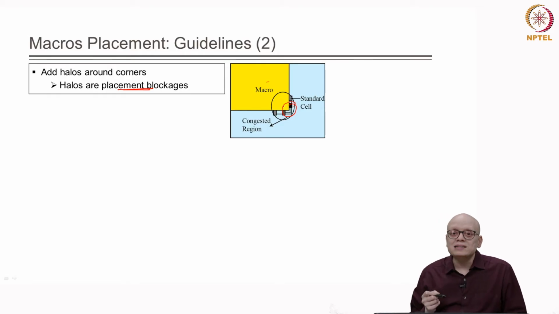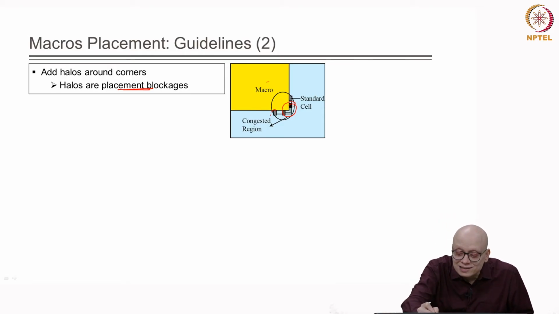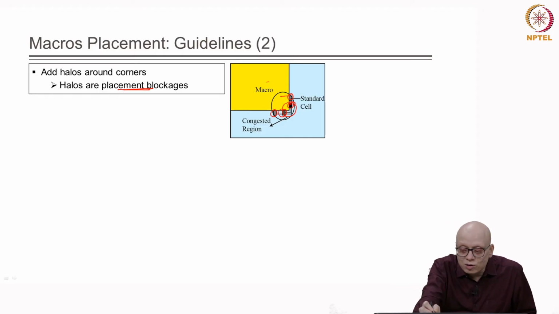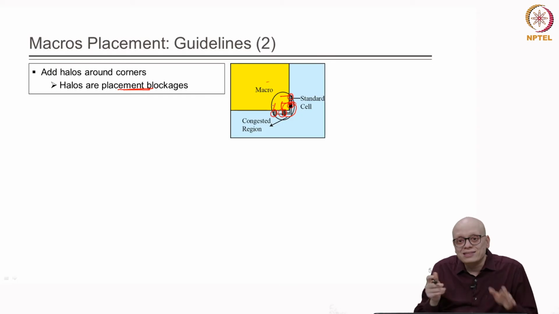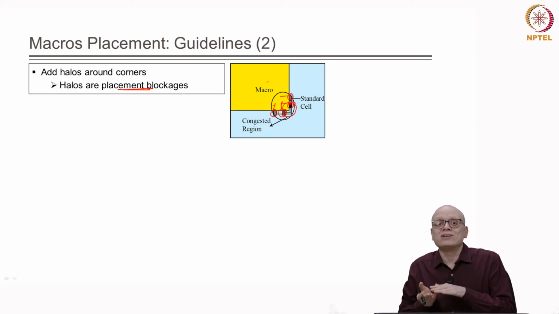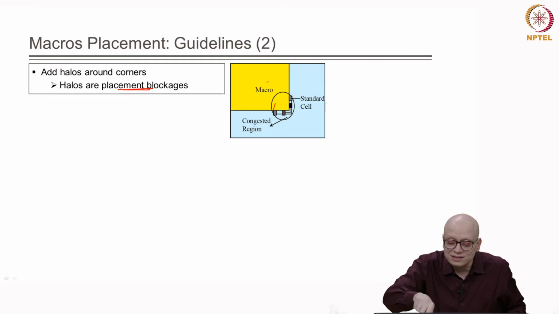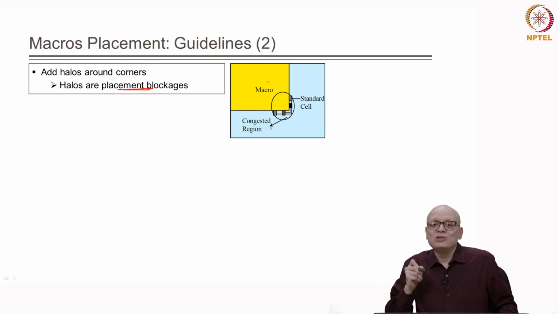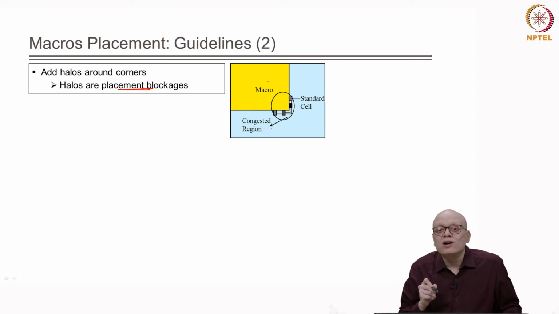Now, this problem gets aggravated if the cells are placed close to the corners of the macros. For the routing of those cells, on this side of the macros, those routing resources are not available, and therefore they have restricted routing resources for the cells which are close to the corners of the macros, and therefore we should avoid placing the cells near the corners of the macros, and to avoid that